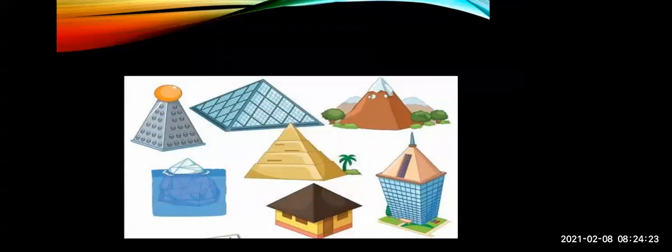Now these are some shapes. Now tell me which 3D shape it is. This is a mountain, this is a pyramid. See, all these are examples related to pyramids. See, all the sides, if you see, they are triangles. Pyramid. Yes, very good, very good. So these are the pyramids around us.